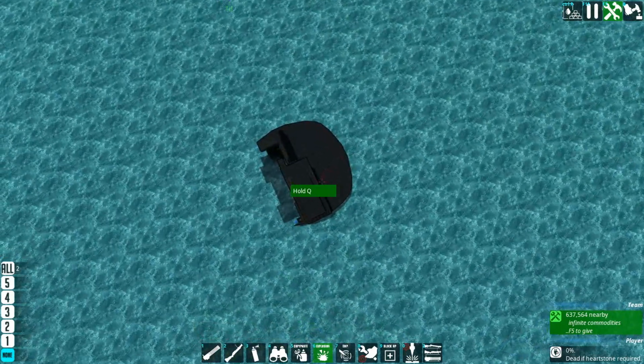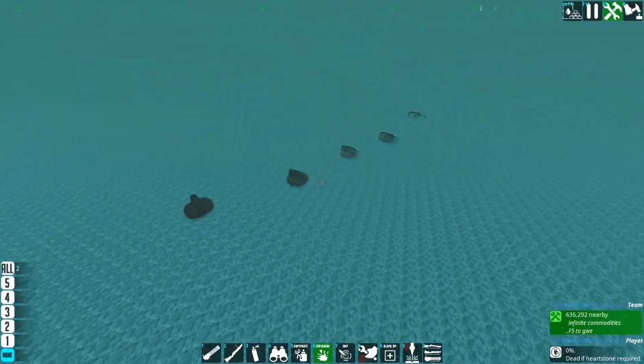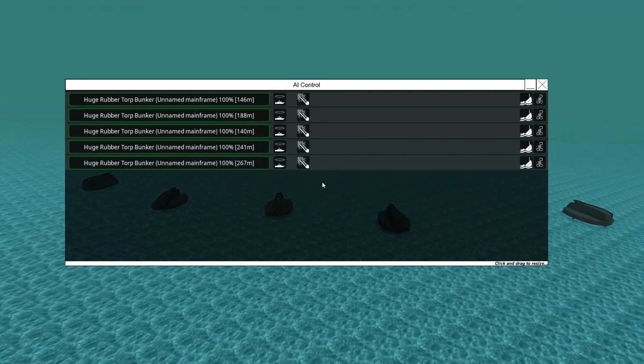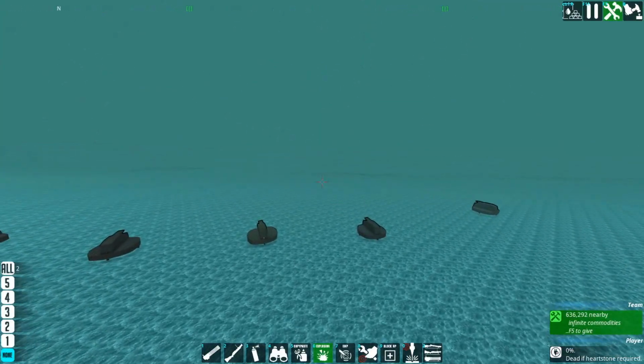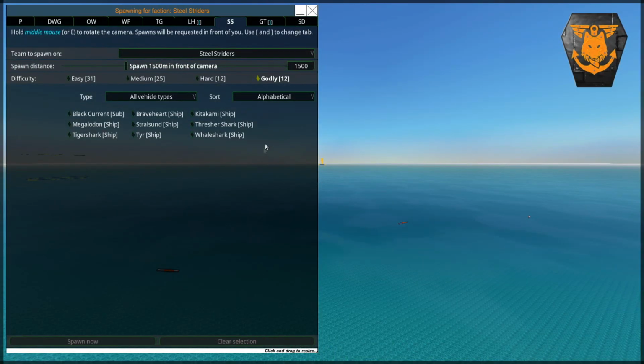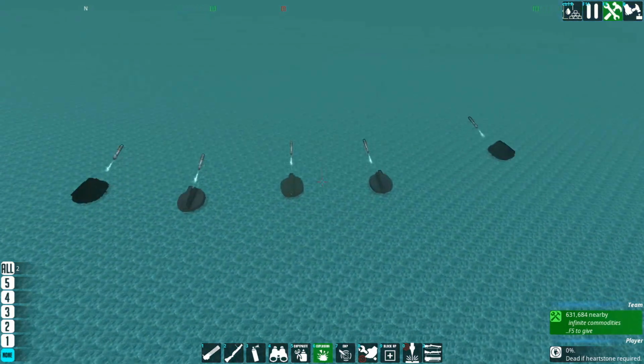These are great fun against the Stronghold, so let's see that next. This is just an excuse now to watch my torpedo bunkers put holes in things. And I have no shame. These things did not take long to make, by the way, because they're rubber boxes with an AI, ammo, material storage, and torpedoes on top of them, so...